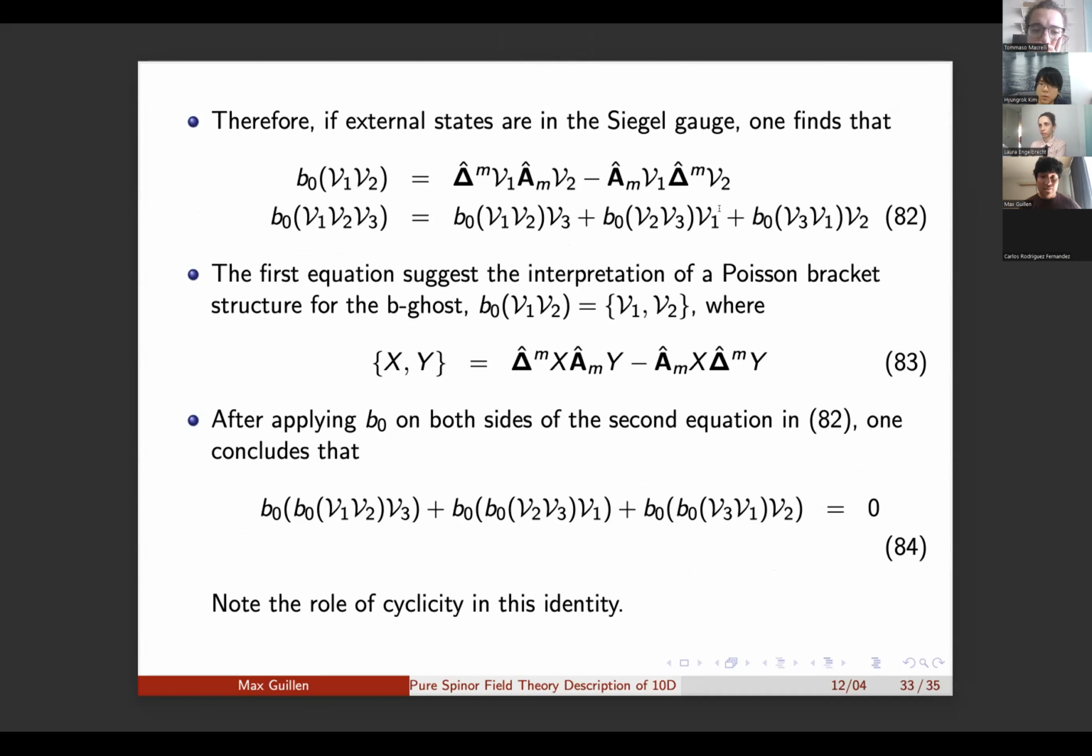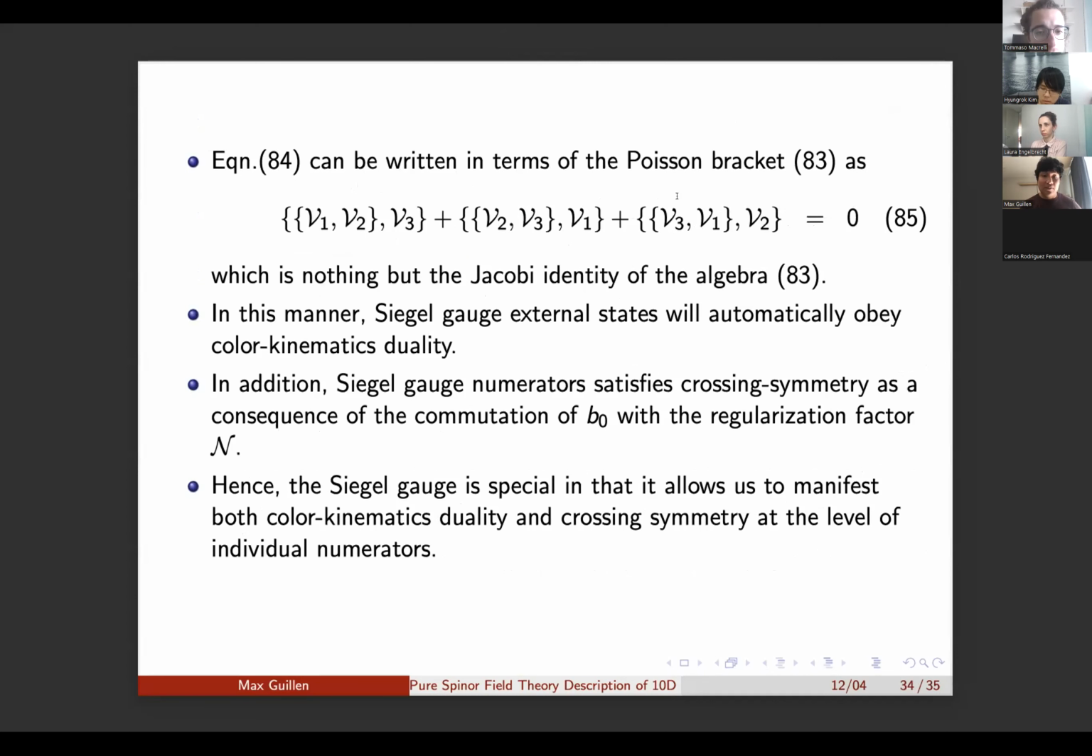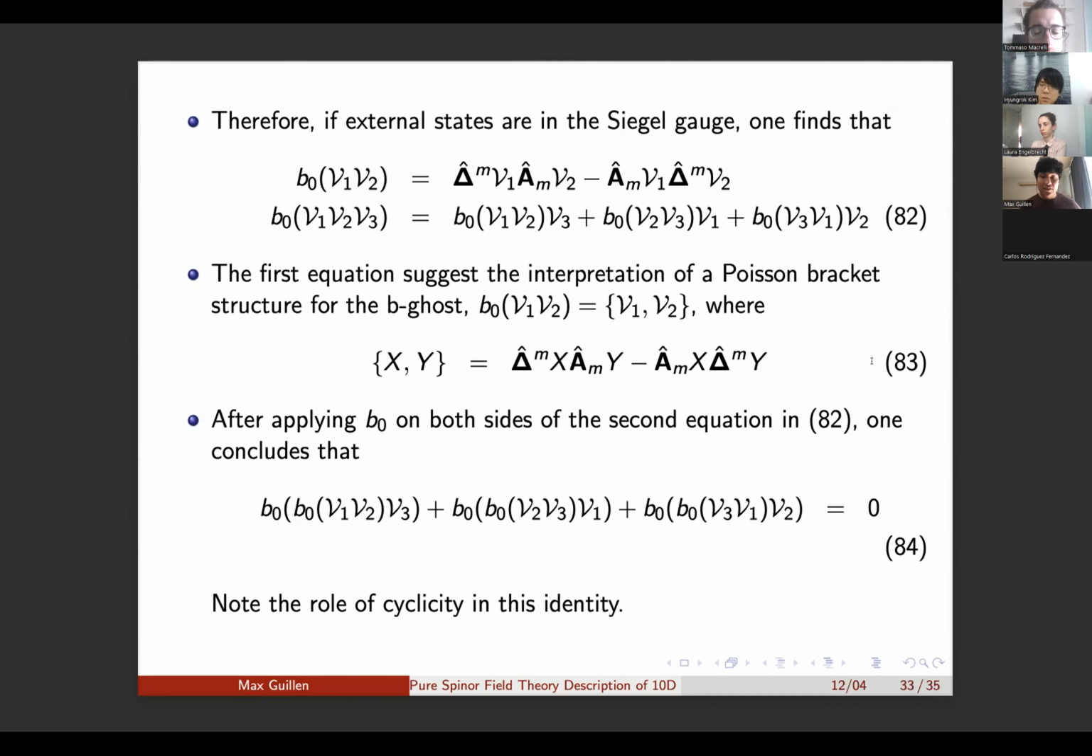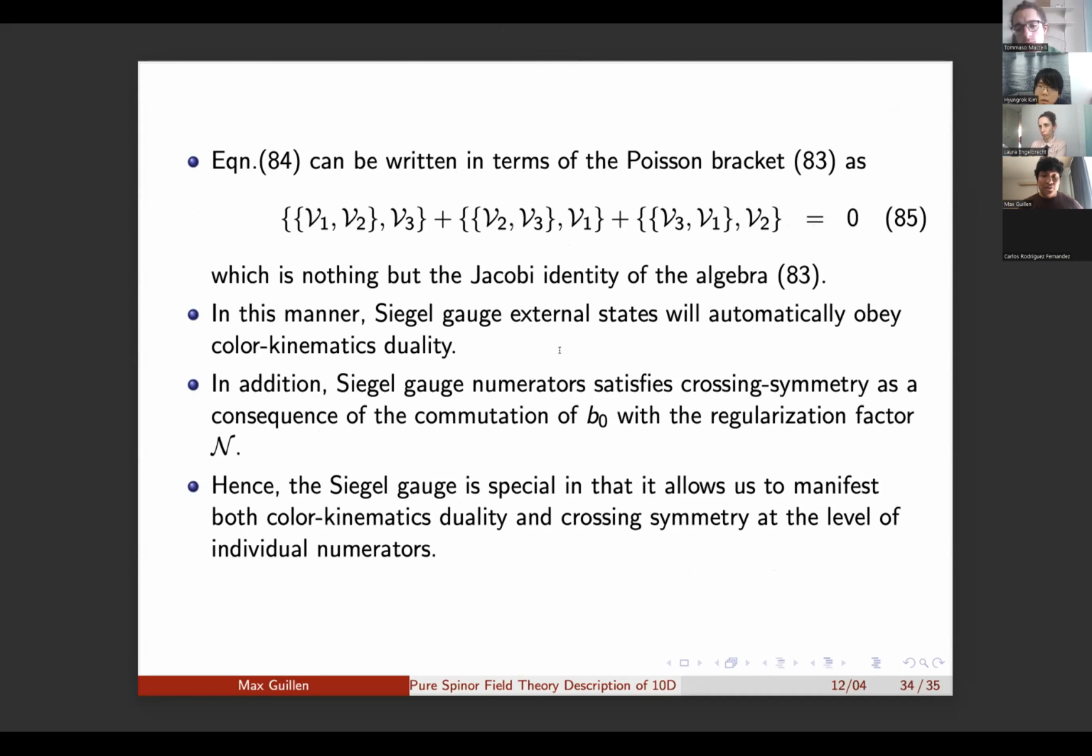And this formula here can be seen like a Jacobi identity. So if we pass B0 here on both sides, we basically find this formula here, and this formula here basically can be seen like the Jacobi identity of the algebra here, this algebra 83. Okay. Good. So in this manner, Siegel gauge external states would automatically obey color kinematics duality,